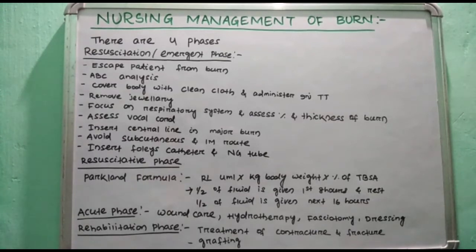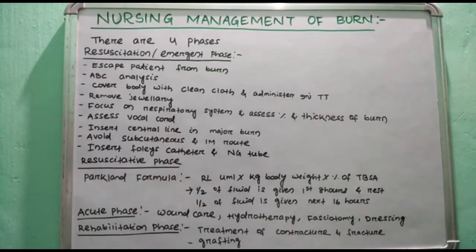Then according to the physician's advice, you should do a chest x-ray to rule out any pulmonary complication. The most important thing in a burn patient is nutrition. BMR is increased in a burn patient 40 to 100 times more as compared to a normal patient. 5000 kilocalories per day you should give to the patient, and a vitamin-rich diet, high carbohydrate diet, and high protein diet should be given to the patient.